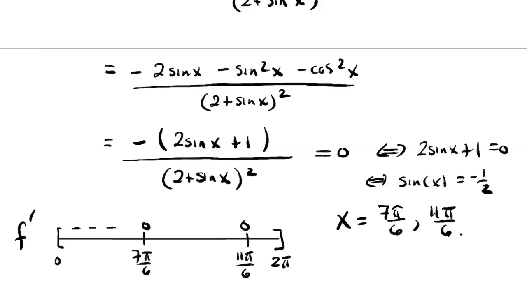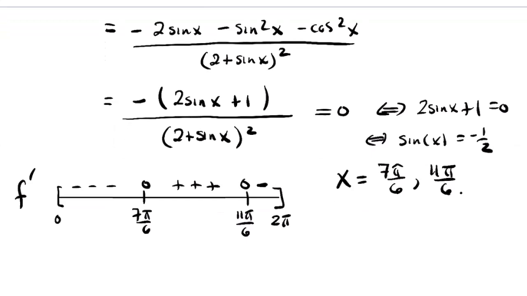Likewise, you can check that between 7 pi over 6 and 11 pi over 6, this derivative will be positive. Choose values if you like. I'm doing it by just thinking that the sine is less than -1/2 in there. So 2 times it is less than -1, and so on. And then you'd have a minus sign over there. All right, so we'll come back and copy this derivative, but that's going to be enough information to tell us